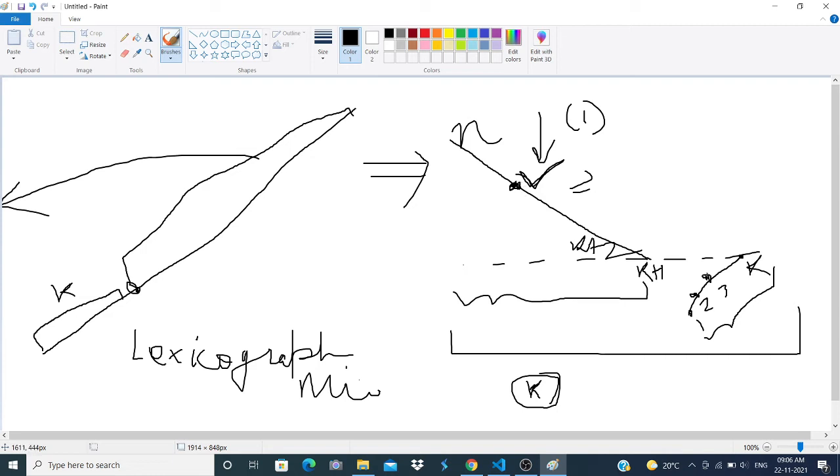Then obviously this part will have a longest non-decreasing subsequence of 1. This will have k, and you can never pick one element from here and one element from here and make those non-decreasing.